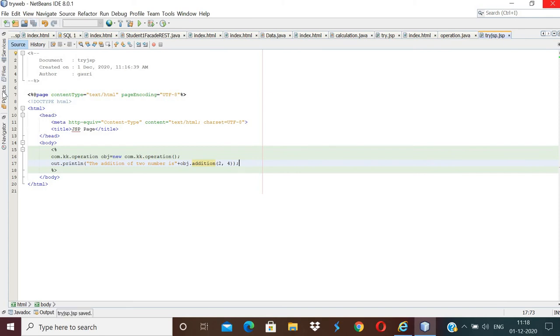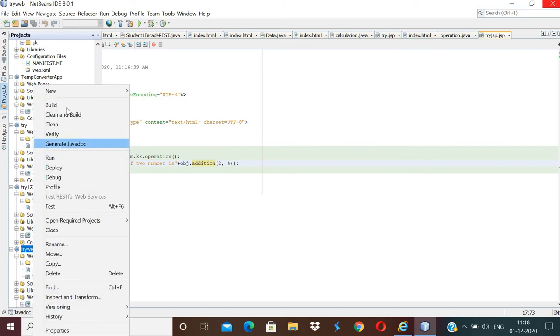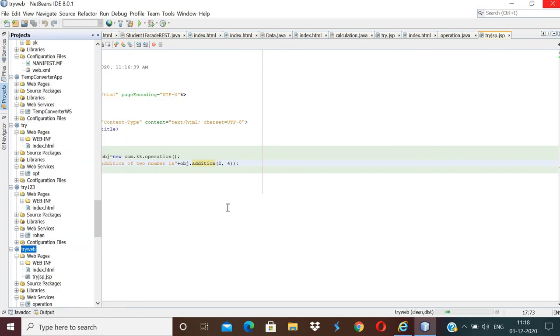After saving this program, your best habit is to clean and build your project. Then deploy your project.